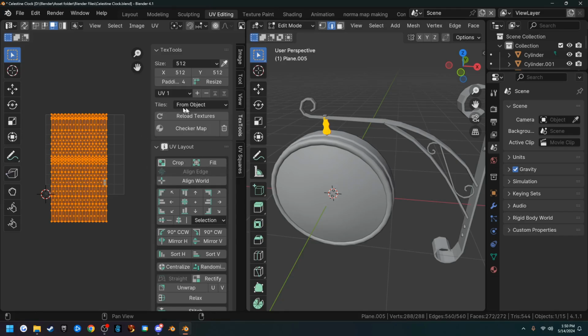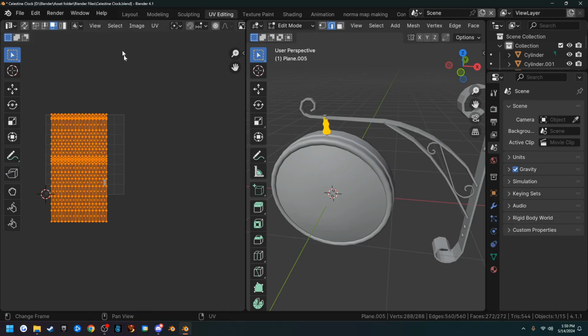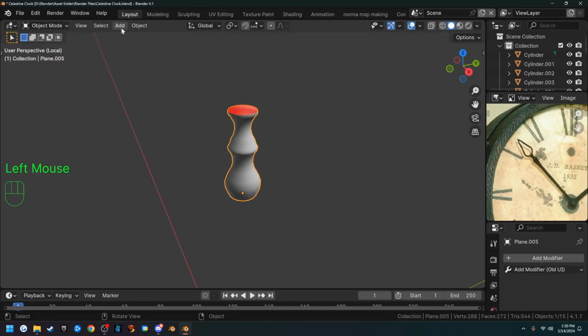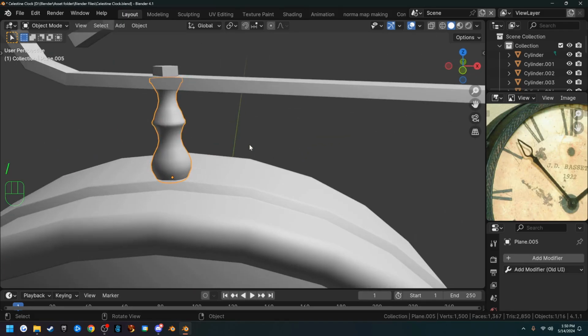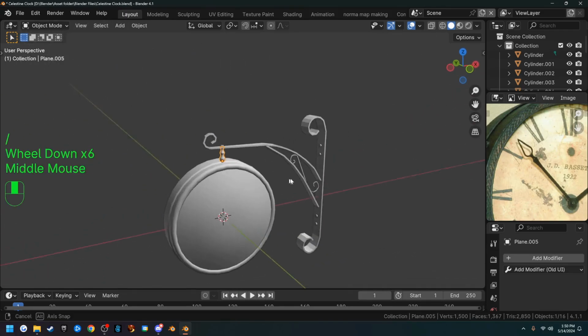Okay. It's good to know how to do this stuff. So we're gonna leave that alone. I'll arrange all this stuff after I'm done unwrapping everything. So back to layout, and that puts us back in isolation mode. So / to get out of isolation mode, and